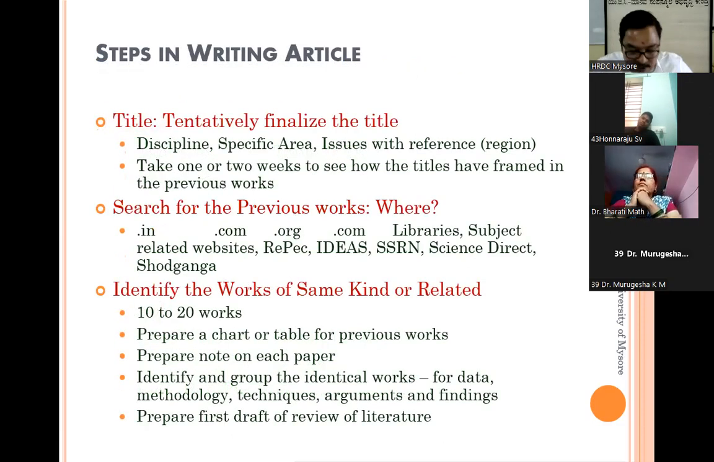Now let me come back to how to write. Till now I have explained what are all the things which will be in a very good research article. Now how to start? Yes sir, I have understood what should be a research article, but how to start, sir? So the first step in writing the research article, you have to tentatively finalize the title,